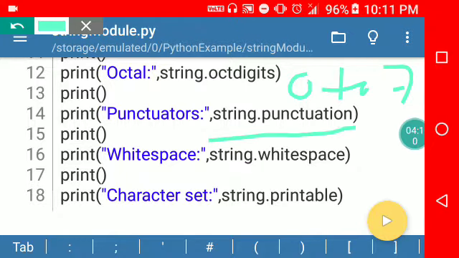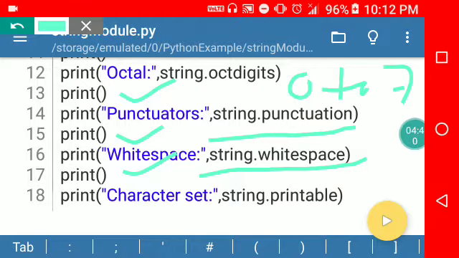The punctuation command displays hash, single quote, double quote, brackets, dollar sign, and ampersand. Next is whitespace. It means blank space, new line. See here, I have used \n for a new line. So these commands will print whitespace.